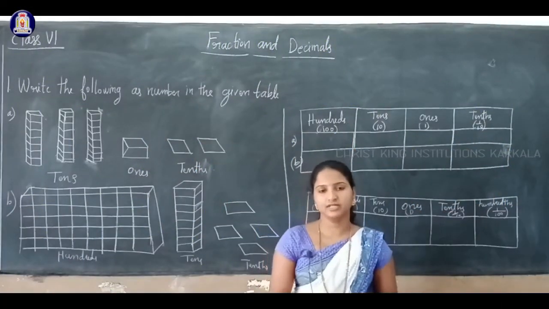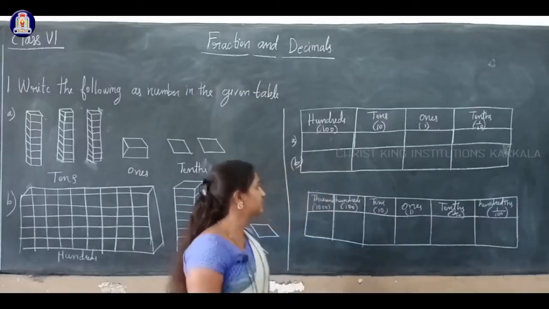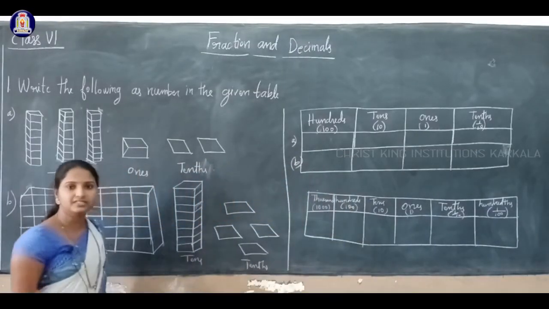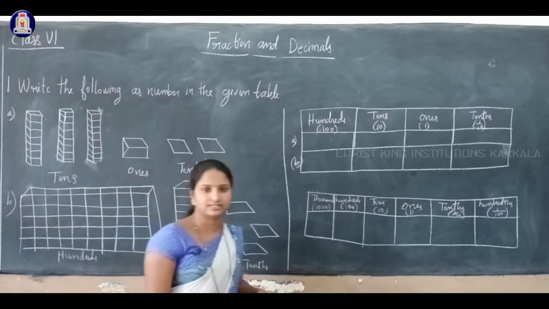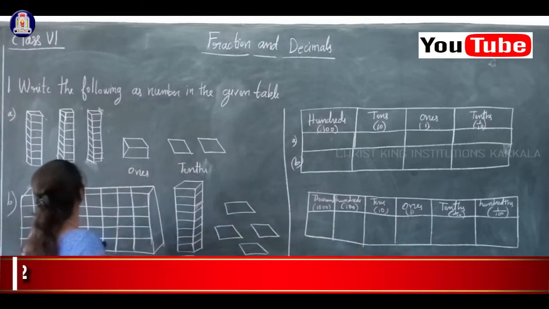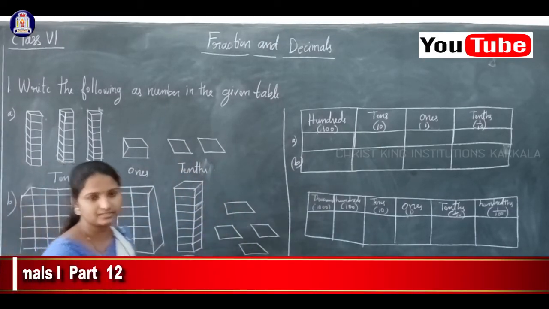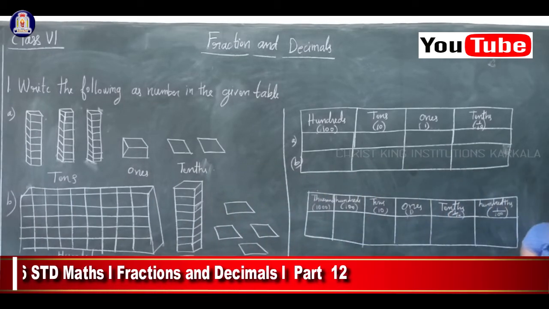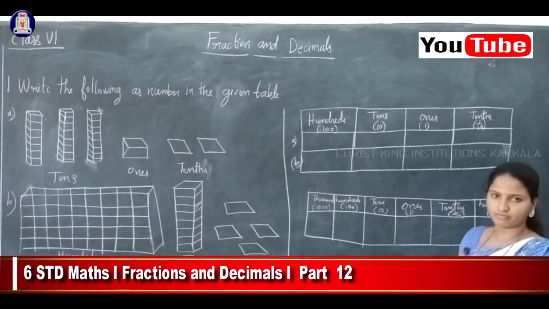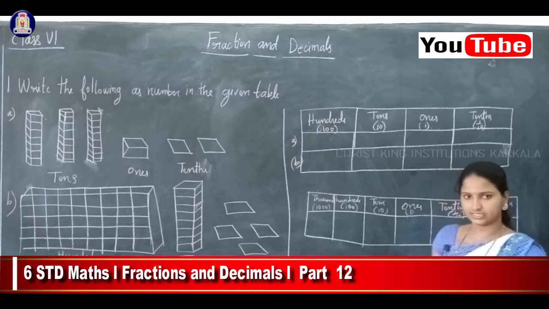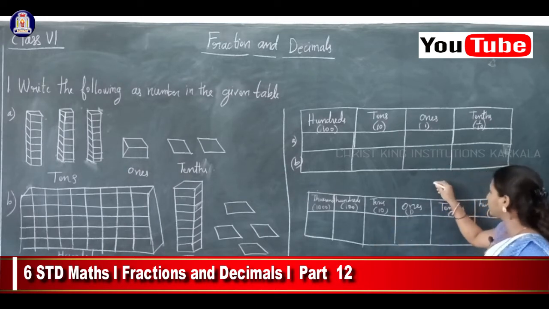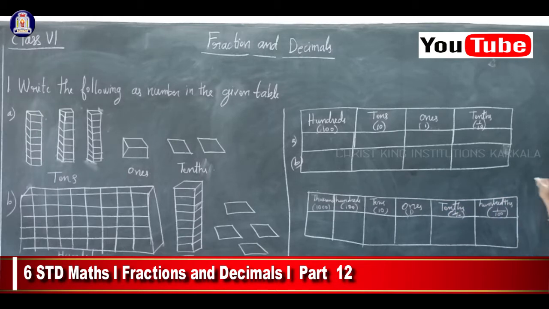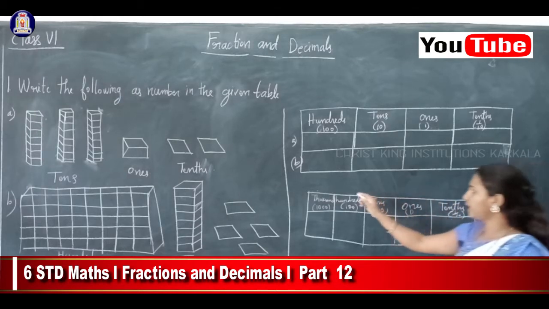Next, decimals and fractions. In that, fractions we completed. Next topic is decimals. Okay, so we'll see in decimals how to write a number system. Like the Indian system and international system of numeration, we know how to write, isn't it? So like that, suppose I give a decimal number, for example, I'll write here